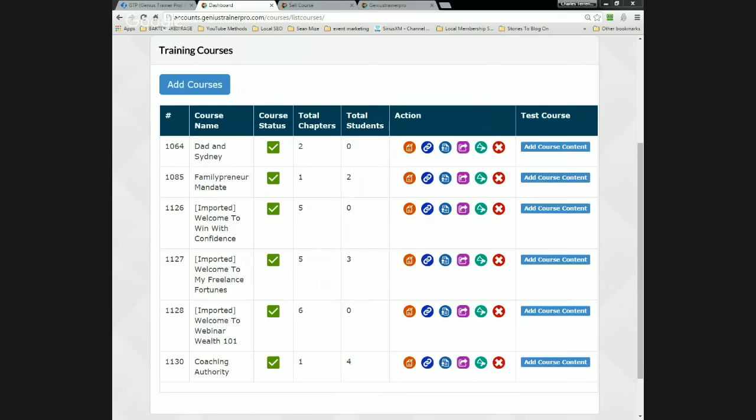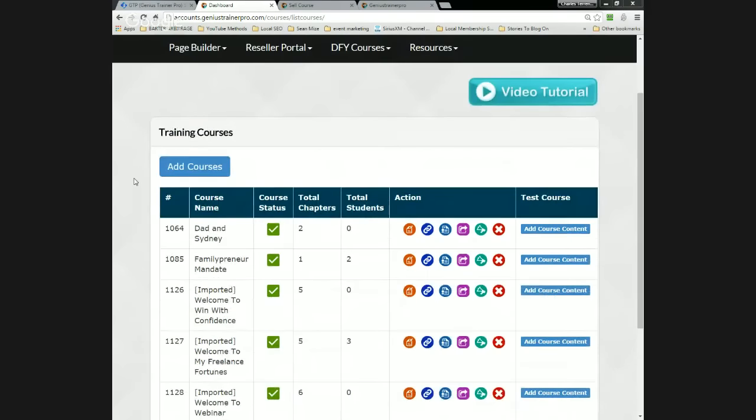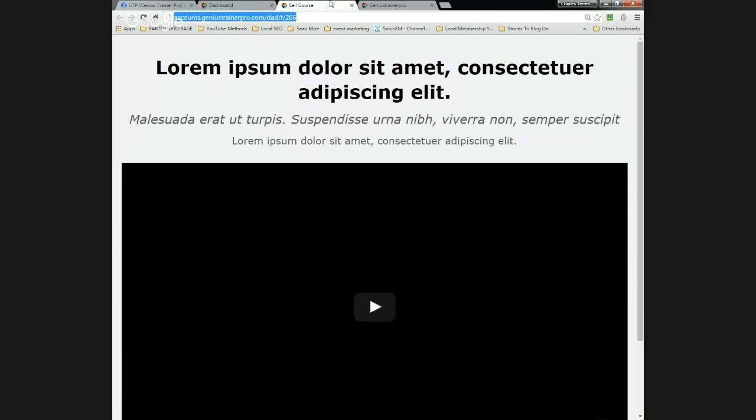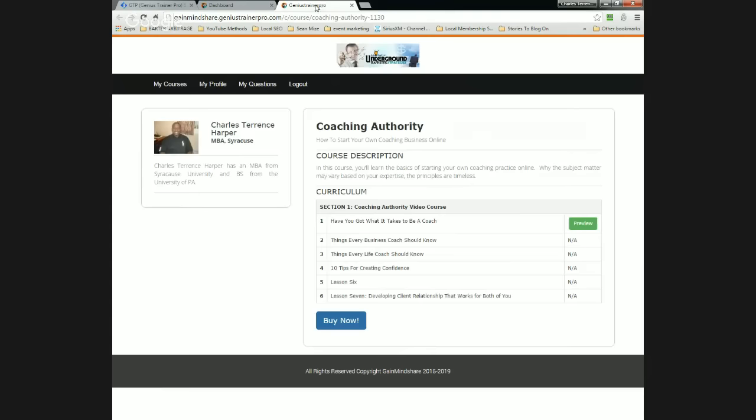Because you're just going to take the link from the buy page. You're going to take the link from here. Now the thing is that this is going to force the person to have to log in.